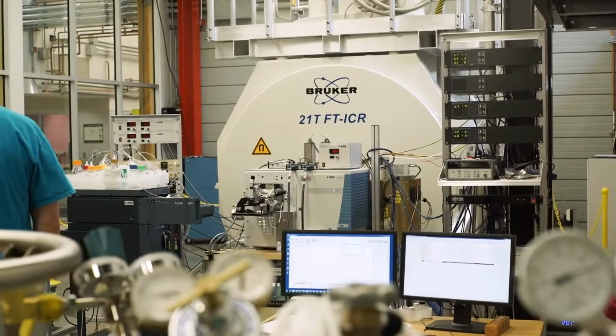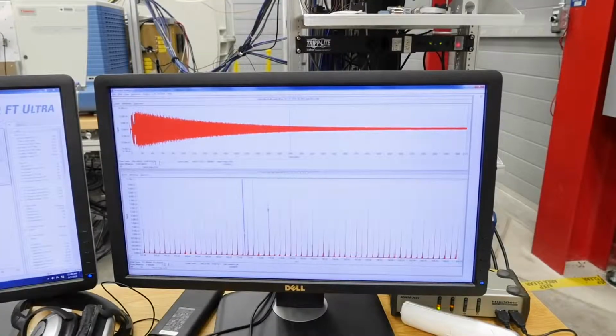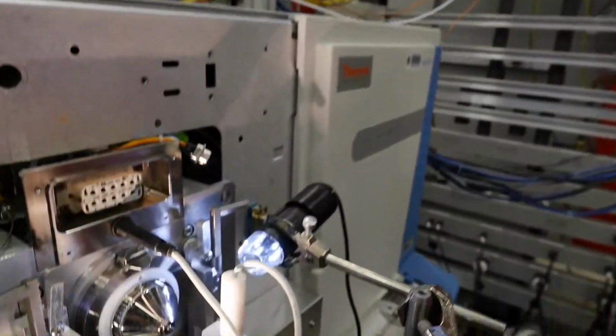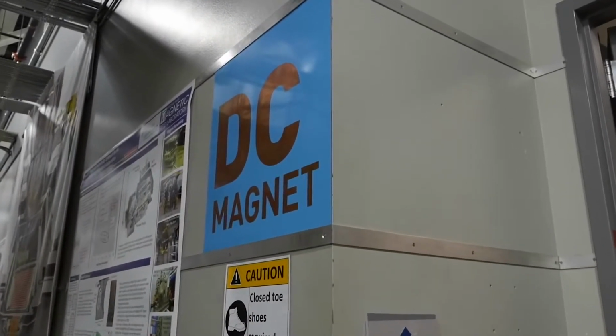Visiting scientists don't even need to have experience working with magnets. All they need to bring is a worthy project. Experts like Amy McKenna are on hand to help. That's the crux of a successful user facility. You've got to have the magnets, you've got to have the instrumentation, but most of all, you've got to have the talented people. Putting the power of high magnetic fields to work,